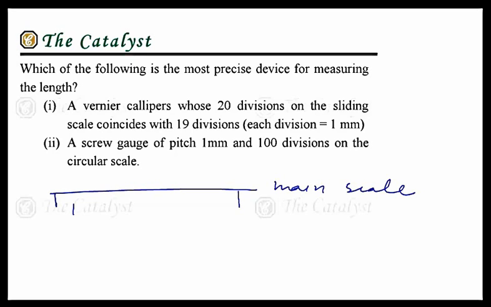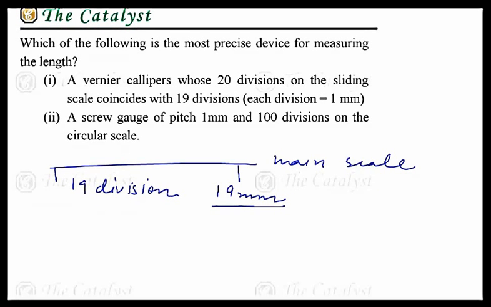Okay, 19 divisions means how much? 19 mm. Right? If 19 mm is equal to 20 divisions on vernier scale or sliding scale, that means